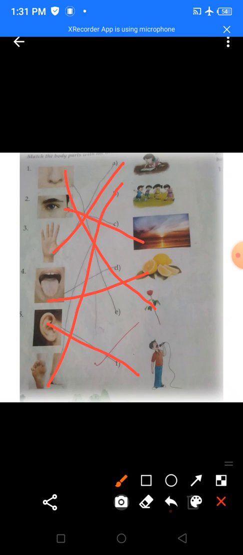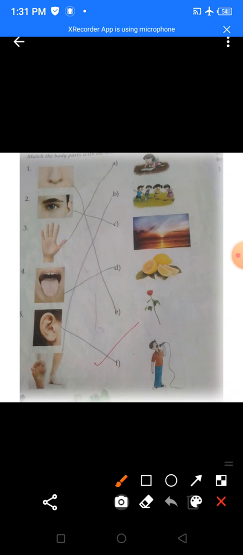Okay? So we will go back and then I'm just erasing it so we can match it again. So you smell with your nose, you see with your eyes, you do your work, you color with your hands, you taste with your tongue, you listen with the help of your ears, you walk or you jump and you stand also with the help of your legs.